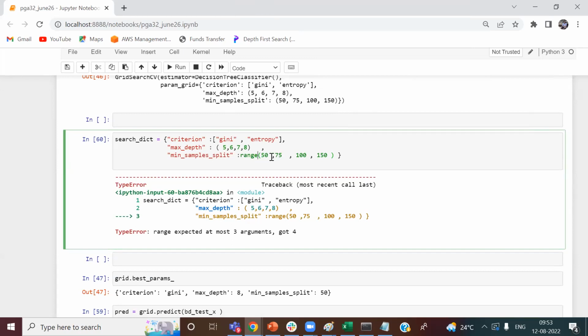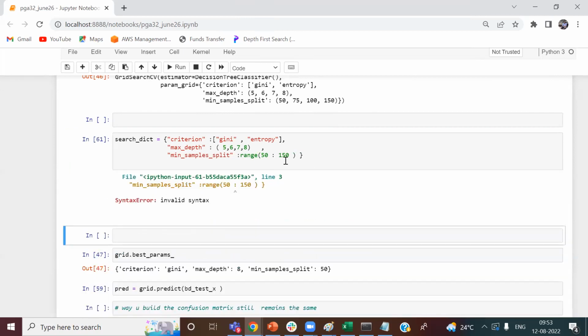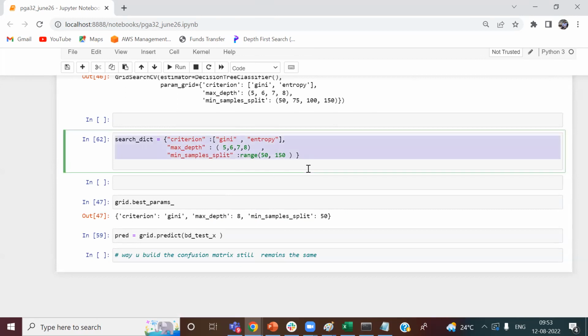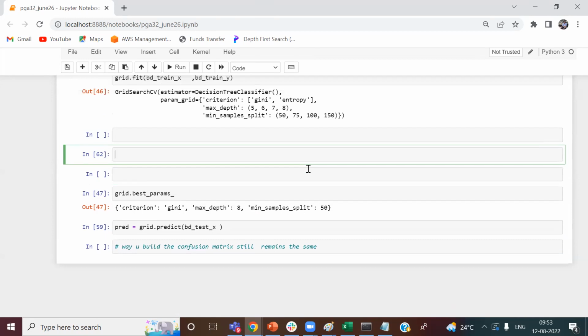So अगर मैं यहाँ पे रेंज ऐसा कर देता हूँ, range 50:150, अब एरर नहीं आएगा। So if you are using the range, do not give the intervals, give the starting and the ending position. ठीक है, मैं हटा देता हूँ।